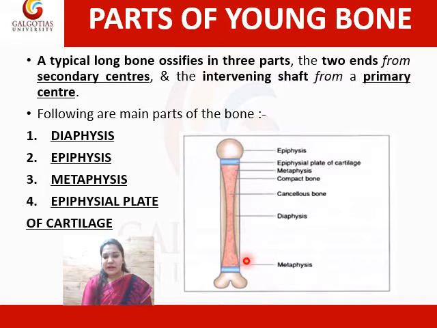These rounded ends, called condylar ends, are called the epiphysis. The long erect shaft is called the diaphysis. The portion between the epiphysis and the diaphysis is called the metaphysis. And there is some raw bone area or cartilaginous area between the epiphysis and the metaphysis, which is blue in color here, called the epiphyseal plate of cartilage. Let's have a broad look at these parts.